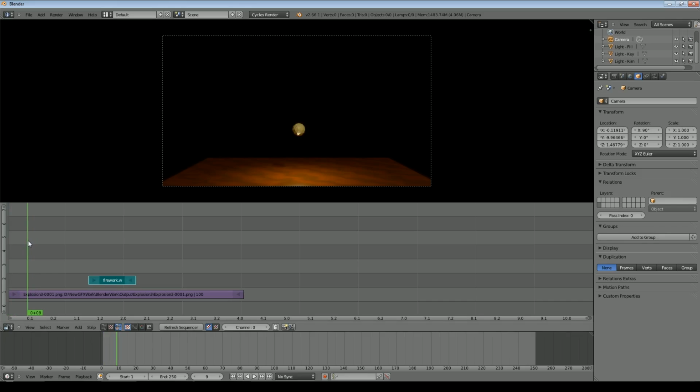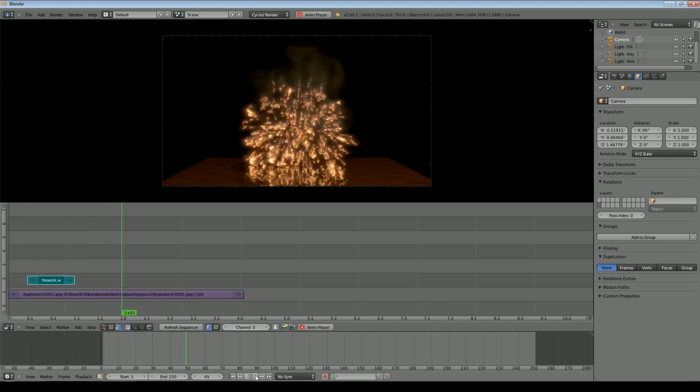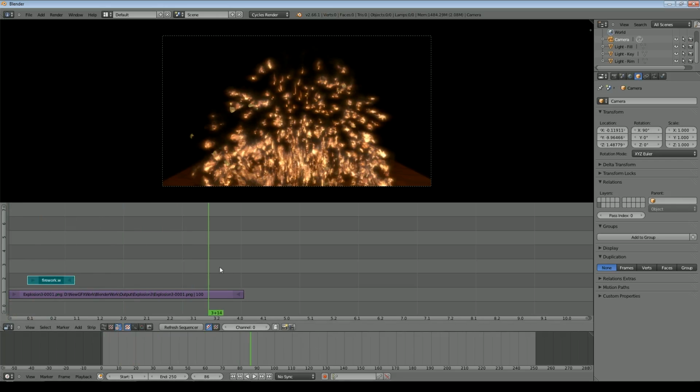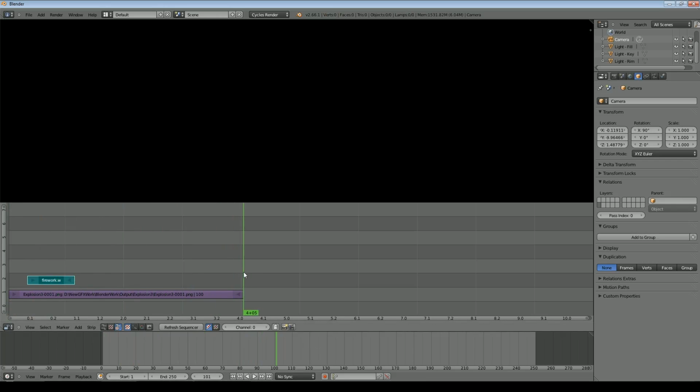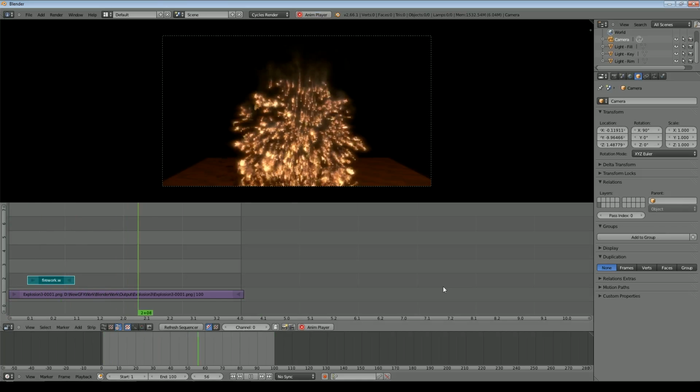So I think my sound will start about there. Press G and move it back to where we want it, and then see what that's going to look like. And there we go. And my animation is running for about 100 frames, so I'll set the end frame to 100, very much like you would in a normal animation, and then just press play, and off it goes.